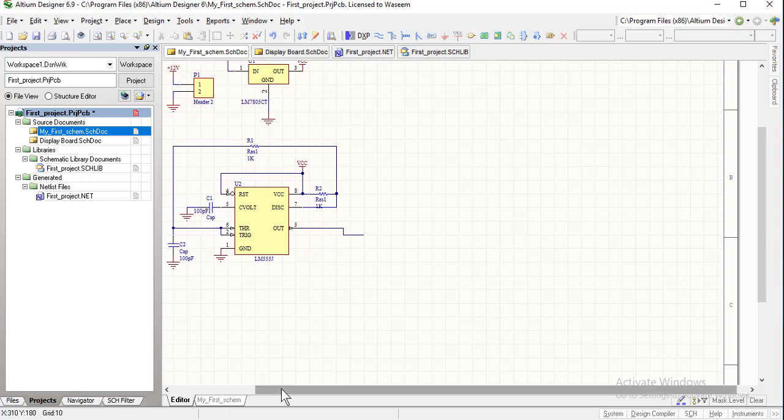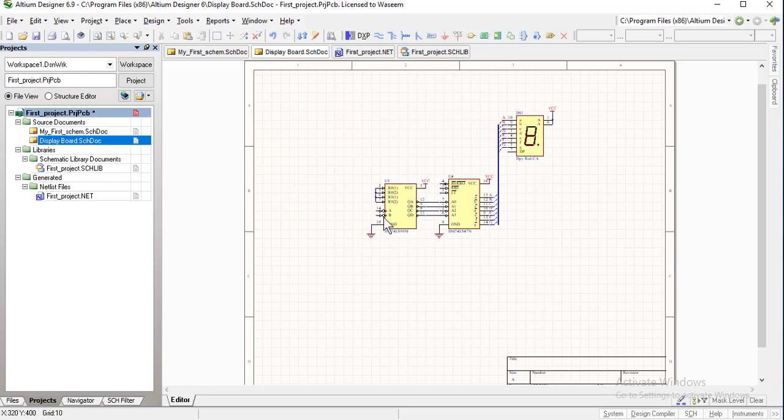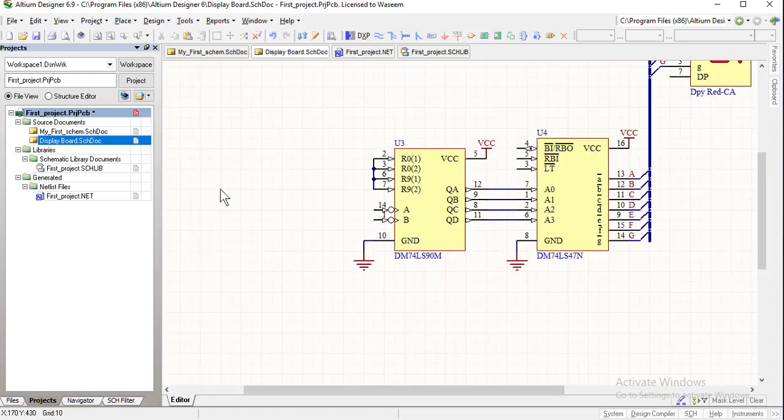Now, in the second part, how will we ensure that pin number 3 of LM555 is connected with pin number 14 of U3? Of course, that was connected in the single schematic, but now the connection has been broken.